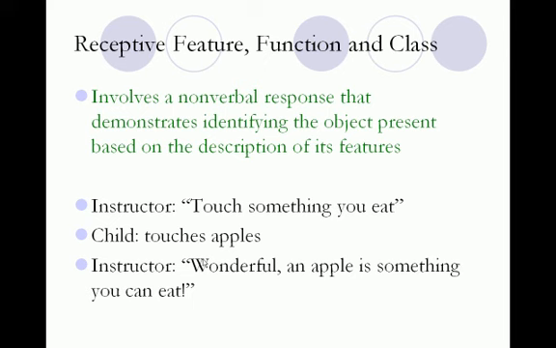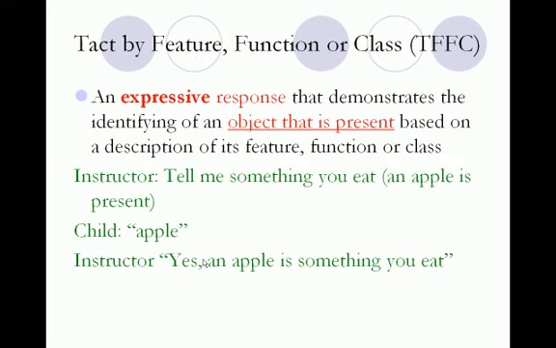Okay, so receptive feature, function, and class involves some sort of nonverbal response. Touch something you eat. Child touches the apple. Wonderful, an apple is something you eat. Great. And the only thing that differs a receptive by feature, function, and class from a tact by feature, function, and class